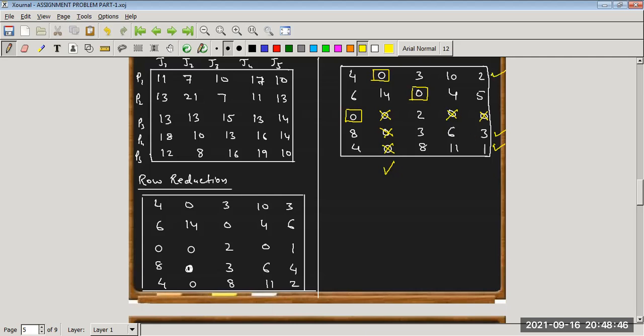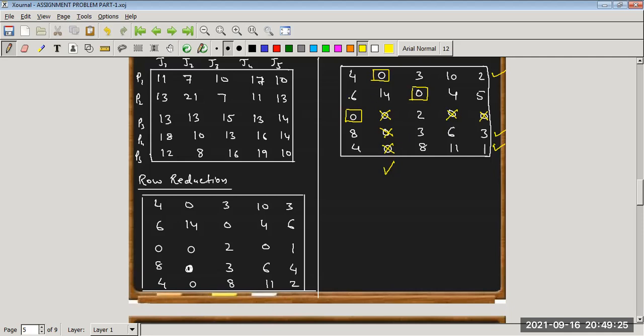Now again, if in this row we find any other 0 apart from the assignment, we tick that particular column. But here, because there is no 0, the process for the fourth row is over. Now come to row number 5, because it was also ticked. If a ticked row has a 0, yes it has a 0, but this column is already ticked. If it is already ticked, there is no need to tick again, right? So we are able to complete the ticking process.